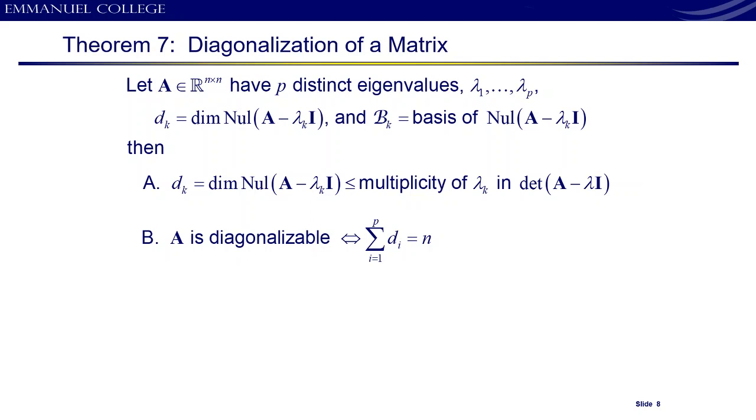It's saying that if they aren't all distinct, then you have to check. If it has n distinct eigenvalues, congratulations, you know for certain. But if they're not all distinct, then you need to check and make sure there are no dependent eigenvectors. Because you can have a number of distinct eigenvalues that's less than or equal to